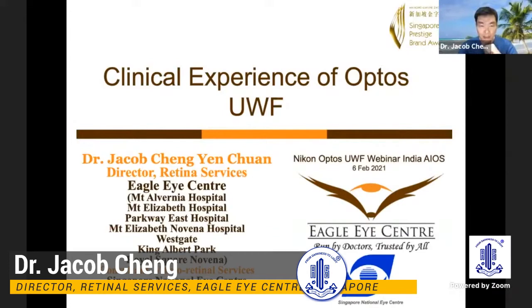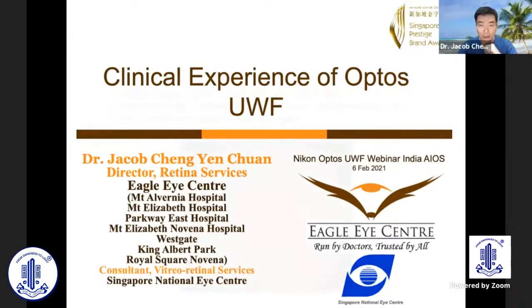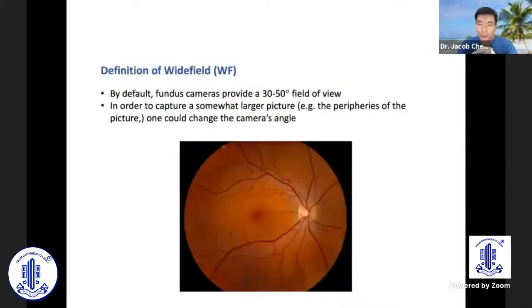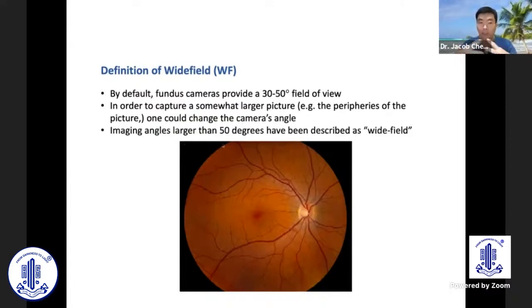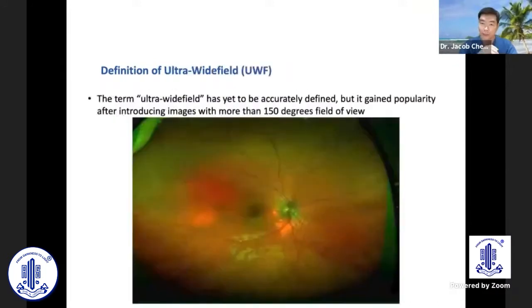My talk this evening will be on the clinical experience of Optos. Definition of wide field, the earlier speaker has mentioned, of course, by default, fundus camera provides a 30 to 50 degrees field of view, and to really enlarge this, we really have to change the traditional camera angle. Image angles larger than 50 degrees would be more or less labeled as wide field. Definition of ultra-wide field, as the earlier speaker has mentioned, has not really been accurately defined. Some have defined it as more than 100, but some, gaining popularity, define it as more than 150